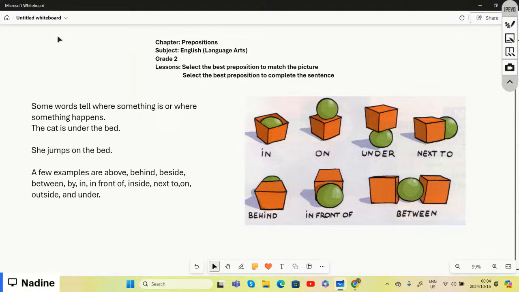All right, so we're doing prepositions. Our subject is English language arts. We're doing grade 2. And then the lessons that we are going to be focusing on under the chapter of prepositions,